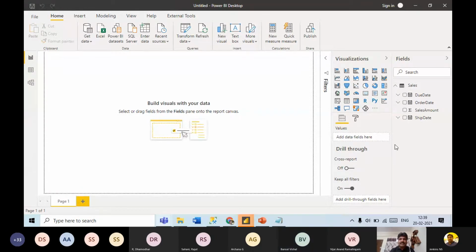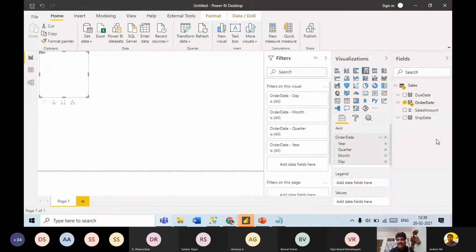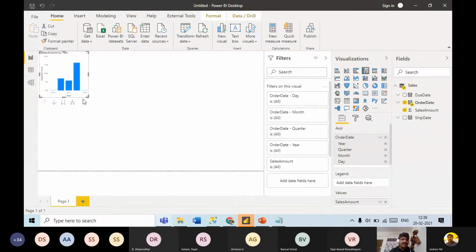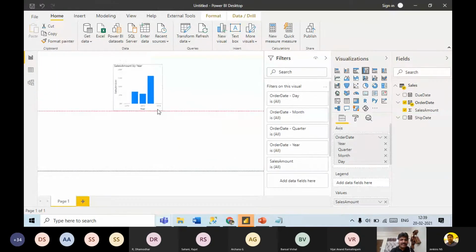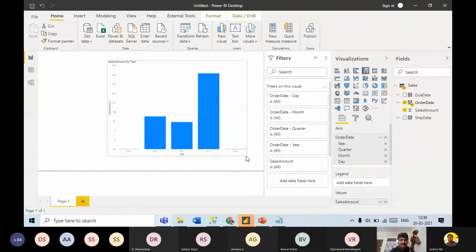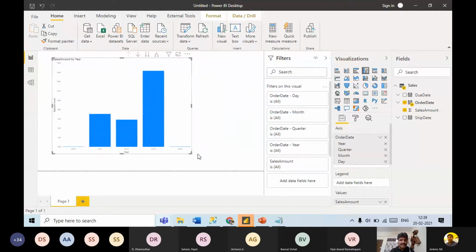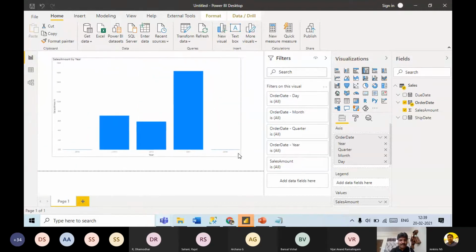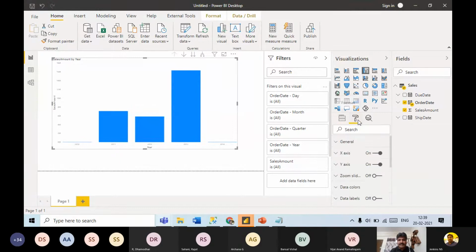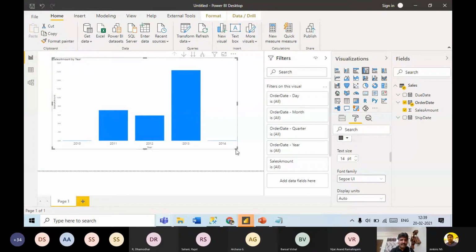Yeah. So I will create our first report. I can put a visual control here, or you can directly select the columns from here. I'll select the order date, then I'll select the sales amount. So it has built a nice report for us. It is showing yearly sales. You can modify the font size, all those things here. You can show the labels.